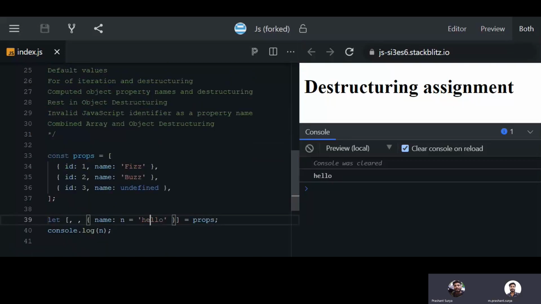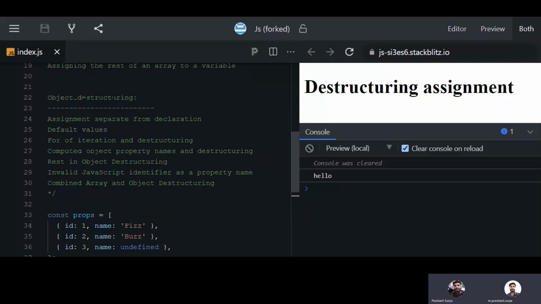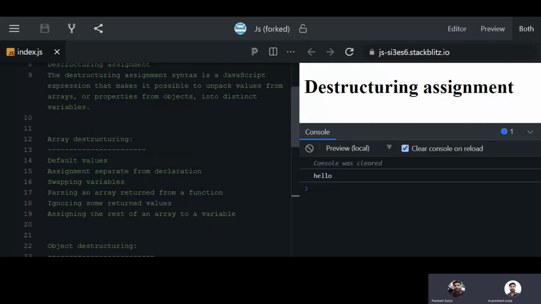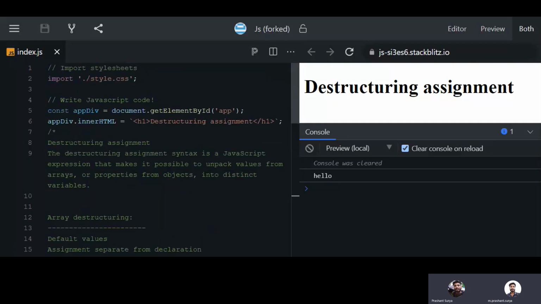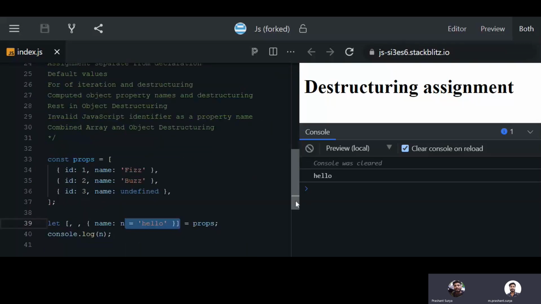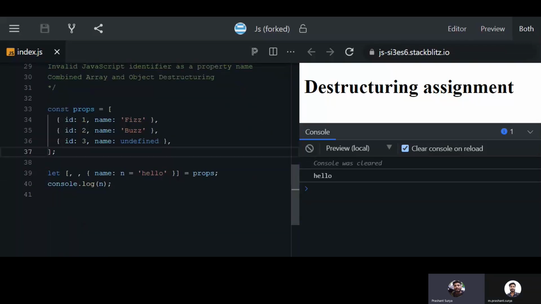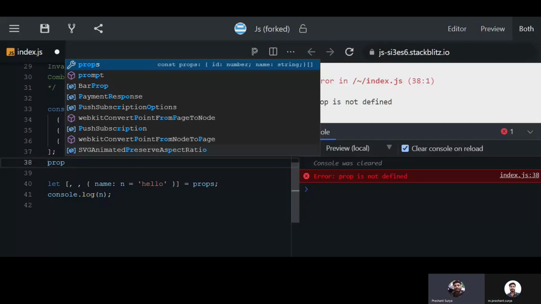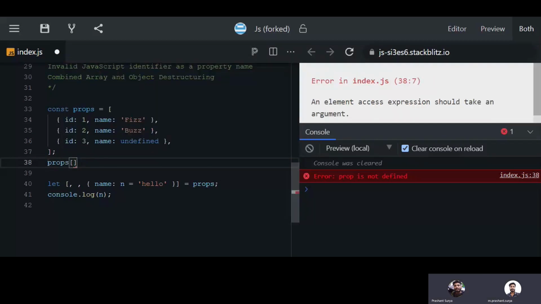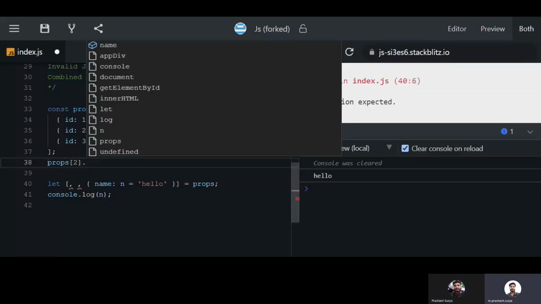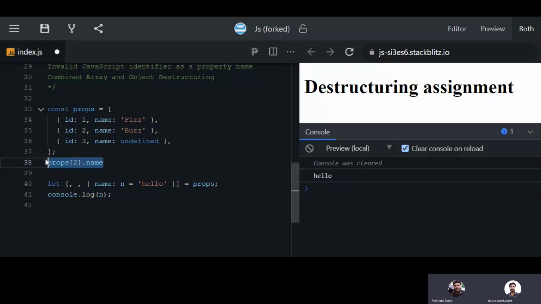Destructuring means breaking your main object or array and taking out the limited data which you require in your project. The benefit of using the destructuring feature is that you don't have to carry the heavy object all over the project, like using props dot, then you have to write name, and only then you will get it. If you need it 10 times inside your project,